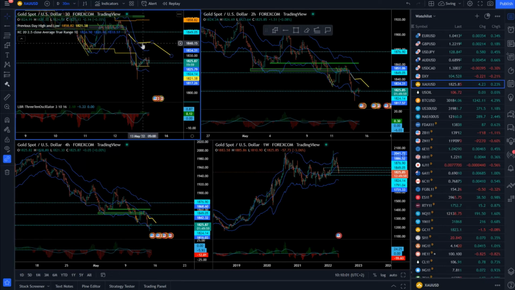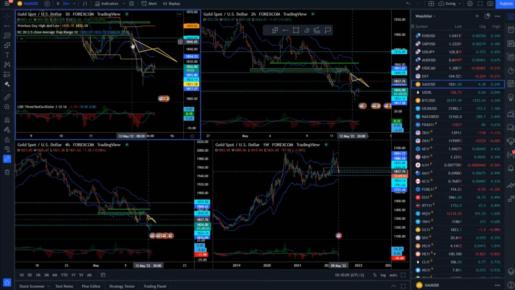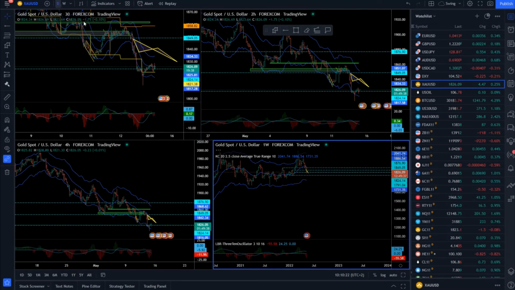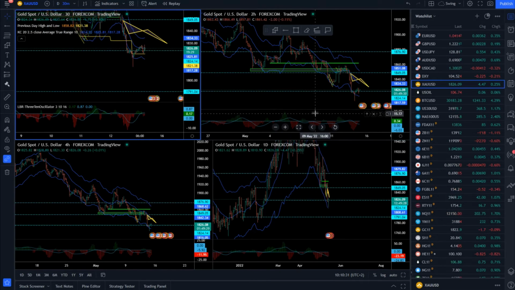Speaking of gold, I alerted you yesterday that there is a potential for a downside cycle. The market was in a downside trend, and I said there is a potential for a test of 1820. We actually reached that first objective yesterday, and the market played exactly what we spoke about in previous days. Now, the next important level is really around 1790, right? And we still didn't test that.